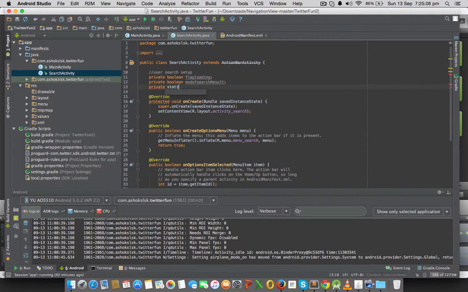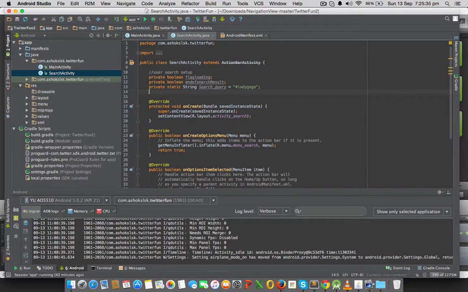I'll take a static string called search query, and I can pass anything as a default thing. So let's pass Lady Gaga. So now I want